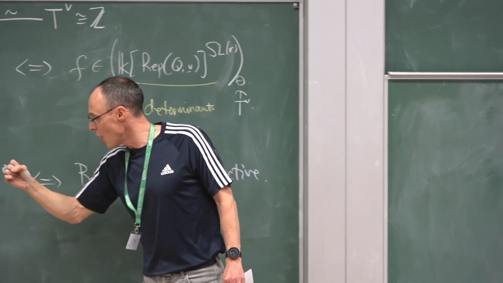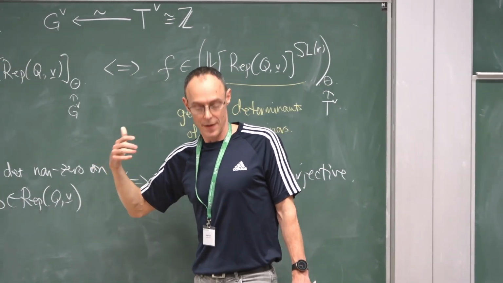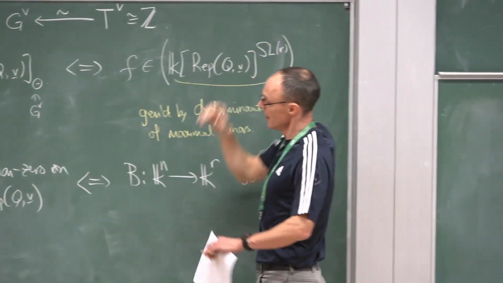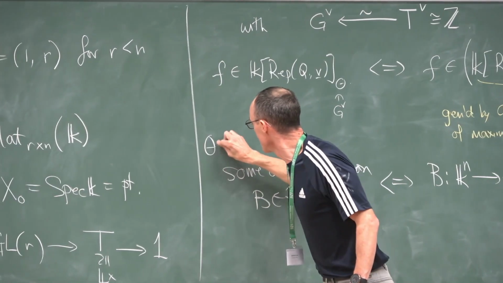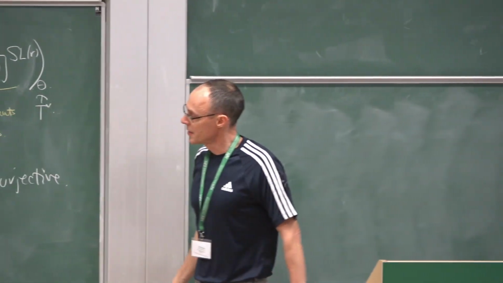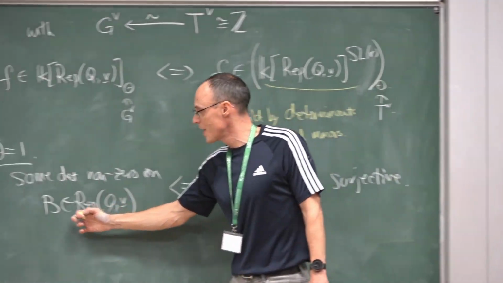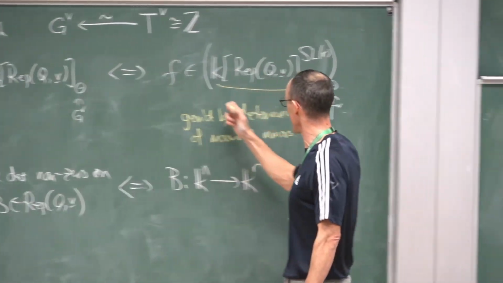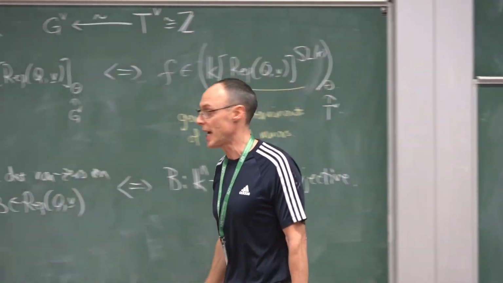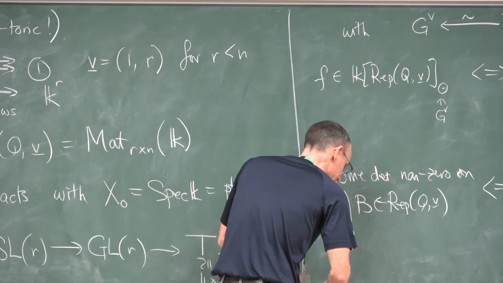So I'm interested in only the points that survive, the points that remain semi-stable. In fact, this is equivalent to theta stable. So let's assume theta equals +1 for the moment. So I'm only interested in points for which none of these generators here vanish. In other words, the only points that are semi-stable are the maps that are surjective. That is,